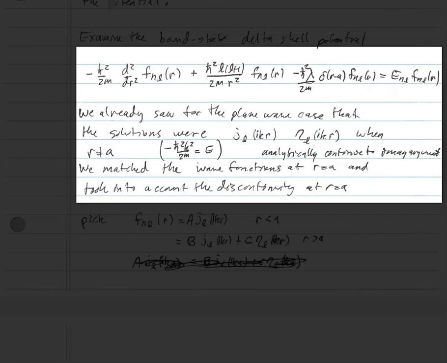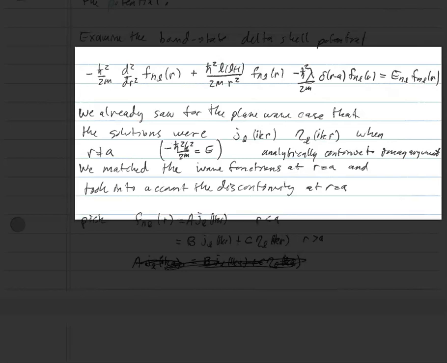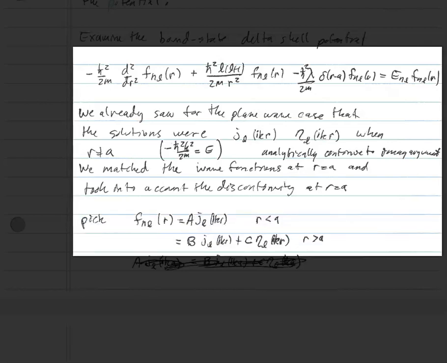Now, what we have to do is match the wave functions at r equals a, and we have to take into account the derivative discontinuity from the delta function at r equals a. When r is less than a, only the j_l function is allowed, because the eta_l function diverges at r equals 0, and we have to have a finite, bounded function as r goes